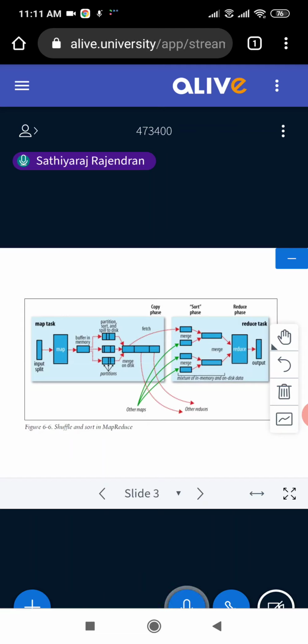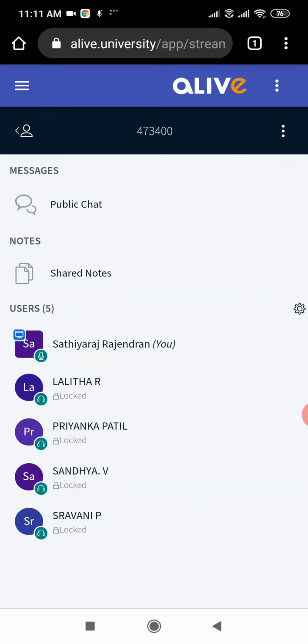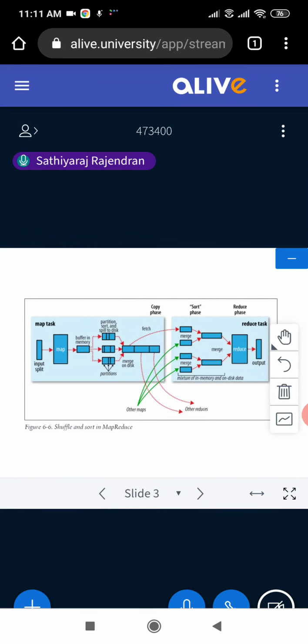Like I told, I will be talking about spills. Treat it that we are trying to write some value to the buffer. Even a buffer has a memory size limit. And you know the meaning of threshold? Threshold is the maximum value. For example, the number of students who can occupy a class: if it is 40, the threshold value is set to 40, and more than that cannot be occupied. Here the threshold is 100 MB.